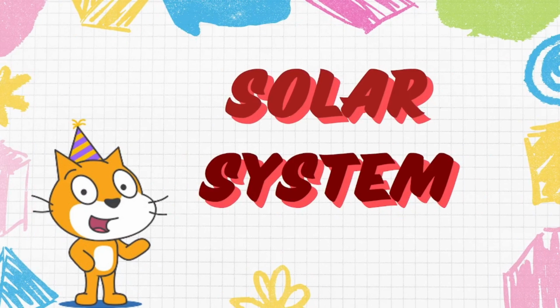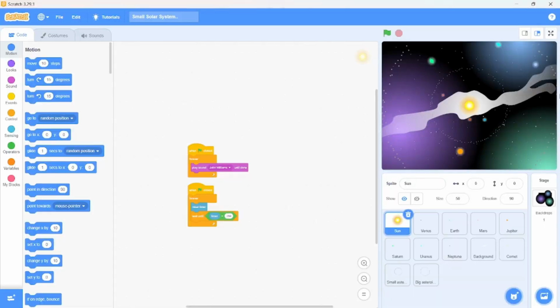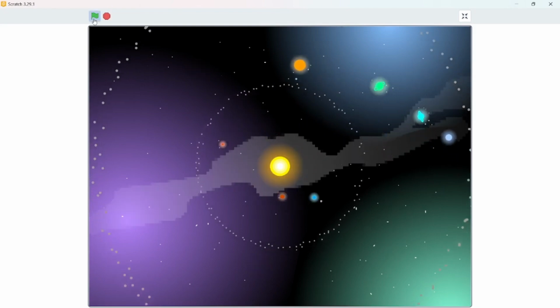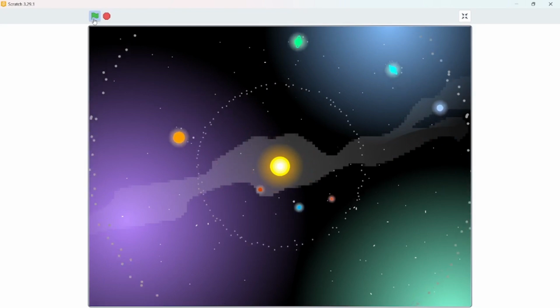Yes, you remember we created it in one of the previous videos, where we added all the different sprites. We added all the different planets, our asteroid belt, sun and background, but we didn't add the movements, right? So today we are going to add them also. First let me show you that project. So here this one was our solar system, you remember? As soon as I start playing it, all the planets will start revolving. So now we're going to add the movement.